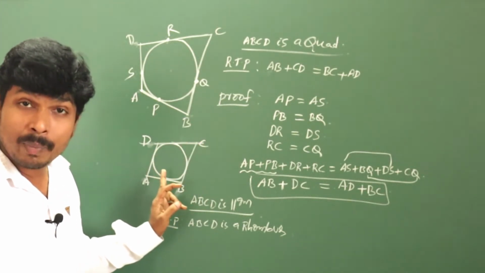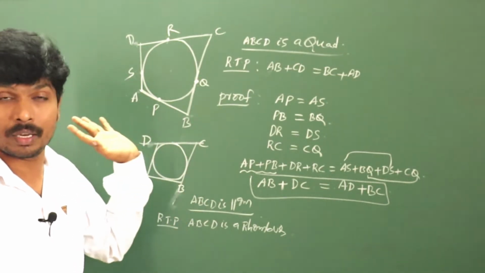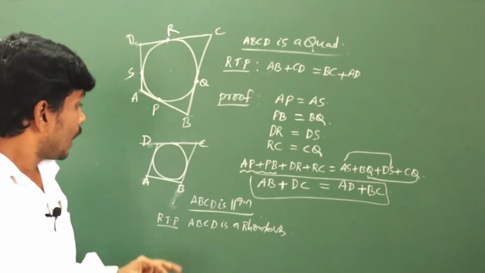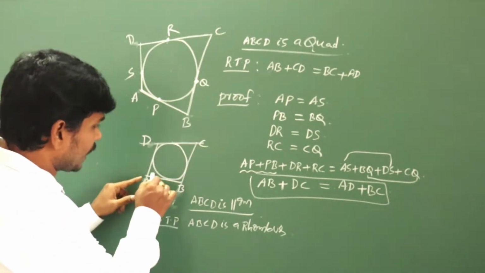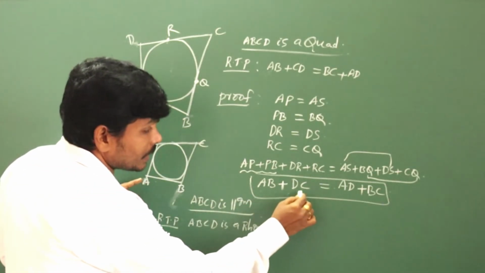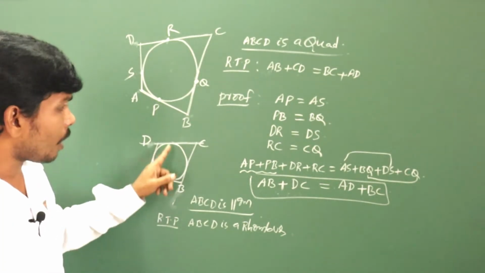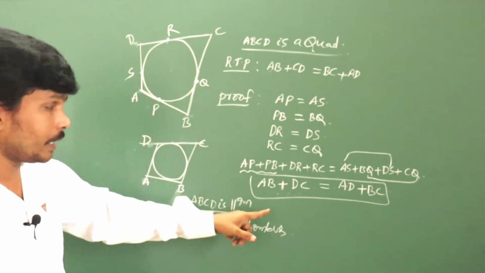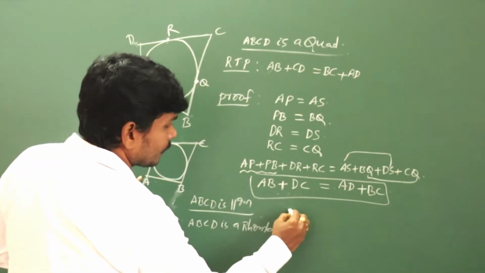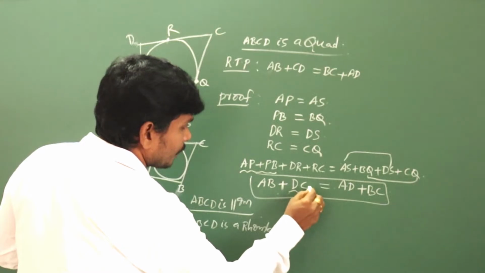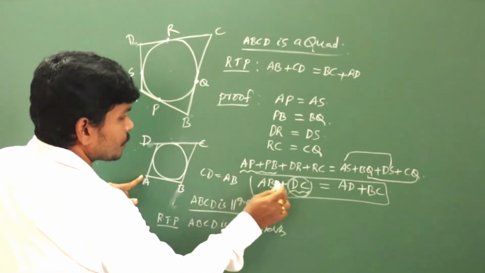ABCD is a parallelogram, it is given. What is meant by parallelogram? In a parallelogram, opposite sides are equal. That is the property of a parallelogram. And it is a circumscribed quadrilateral, so immediately the result definitely satisfies: the sum of the opposite sides are equal. Here, opposite sides are equal, so CD is equal to AB. So AB plus CD, in a parallelogram CD equal to AB, you substitute the CD value as AB.